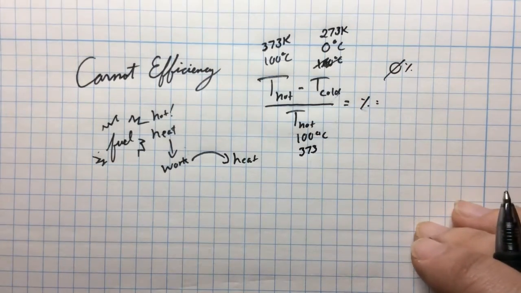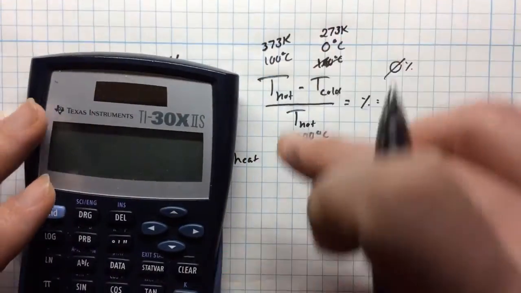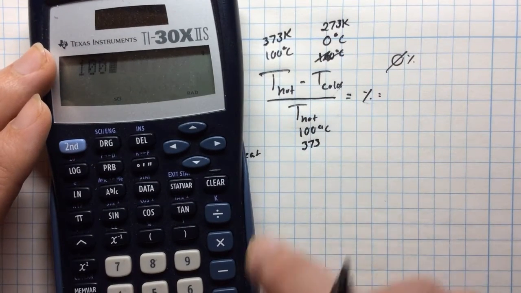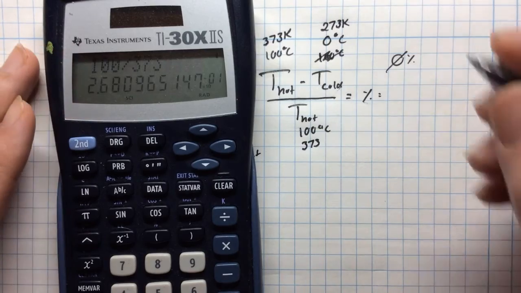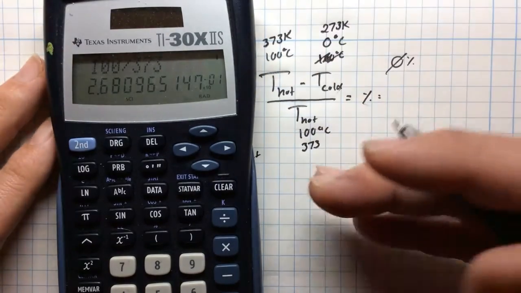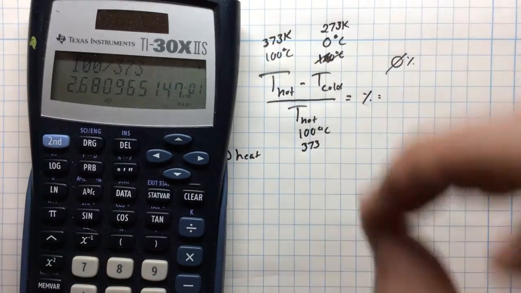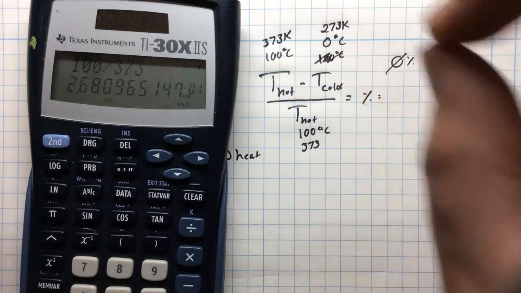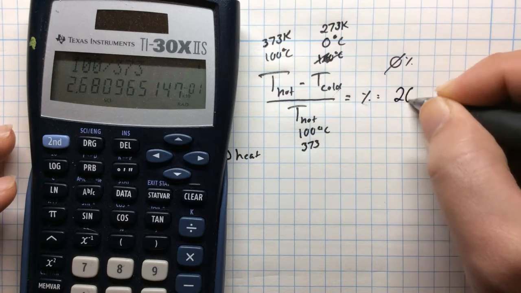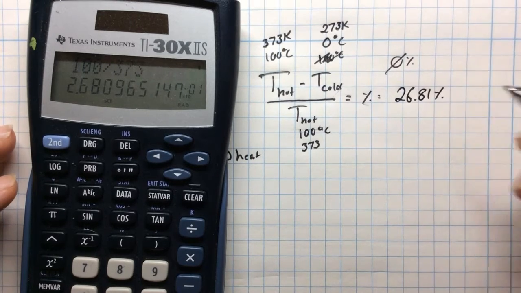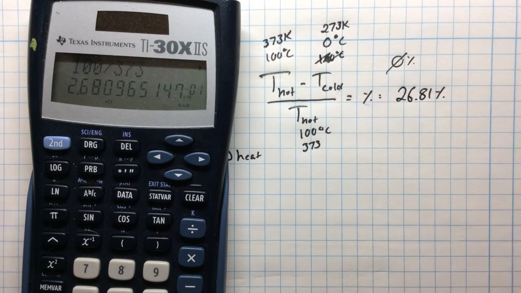So that one, we still have a difference of 100 on top, but that 100 is now being divided by 373. And so what this tells me is my efficiency, if I have a boiling hot water place and a 0 degrees Celsius place, is that it's going to be a 26.81% efficient system. What this means is if we were to take some of this hot water, and let's say